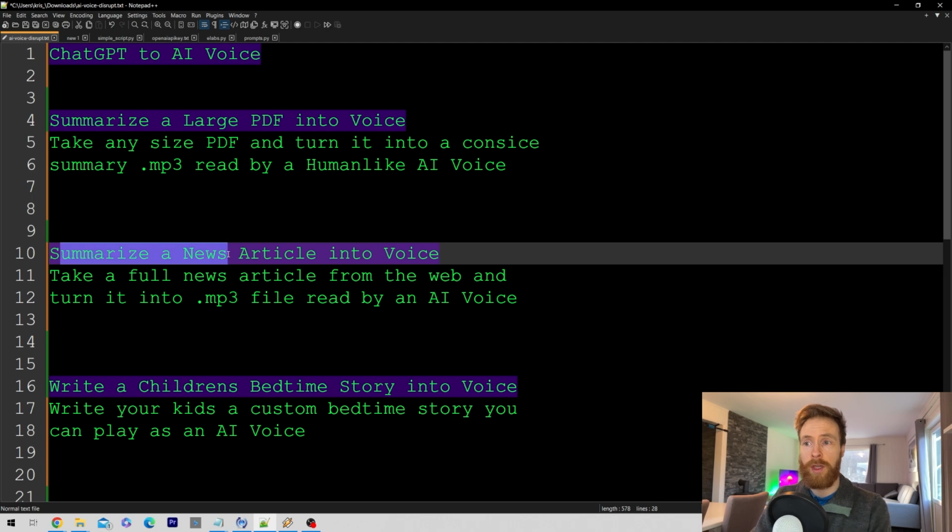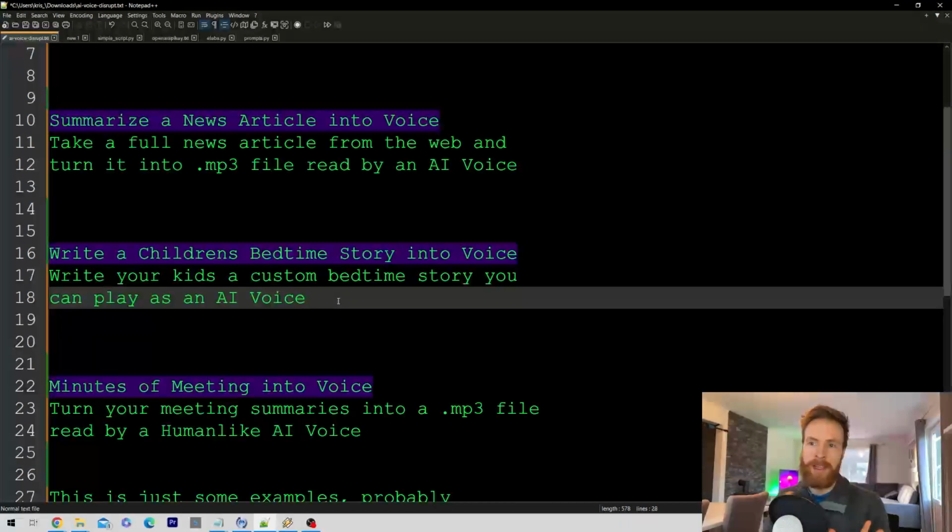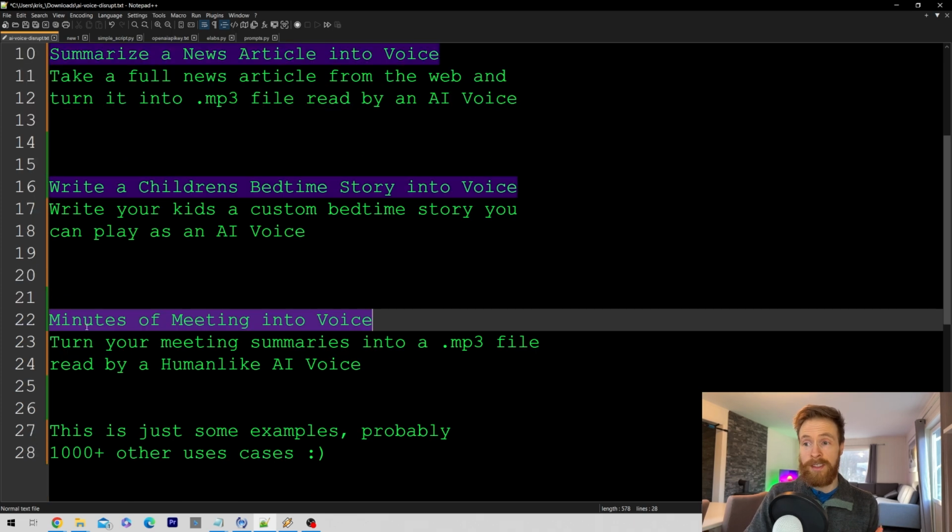Then we're gonna look at how you can summarize a news article and turn it into voice. We're gonna write a children's bedtime story and turn it into voice. I made this so you can include your own kids or some family members, so it's a really engaging story. And we're gonna look at how you can turn minutes of a meeting into a voice,